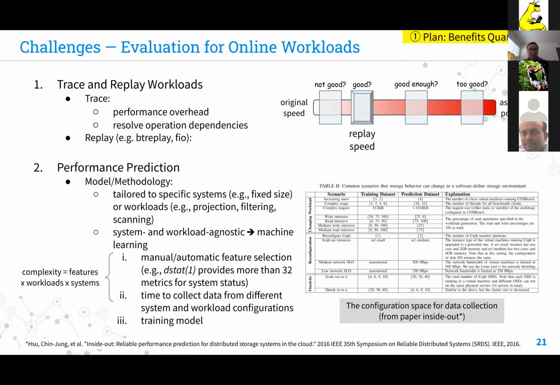And so in this process, we need to choose the feature set from the data that we collected. If the size of the feature set is too small, probably the value of the features won't be able to precisely capture the information from the data that we collected. But if we choose a feature set that is too large, then we will end up with overfitting problems in the resulting model. And also, because we want to create a system and workload agnostic model, it will require us to collect data from different system and workload configurations.